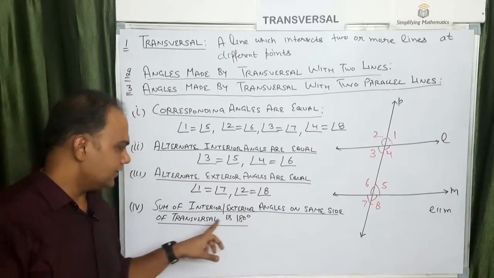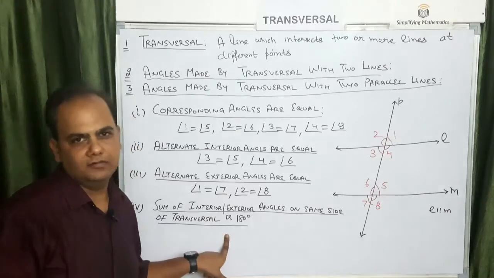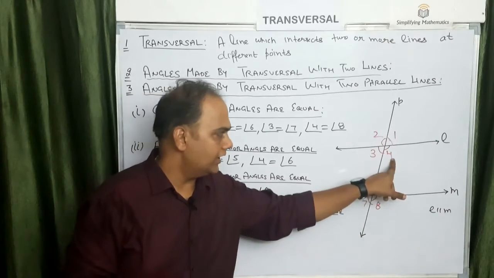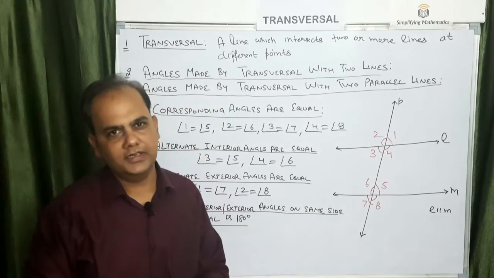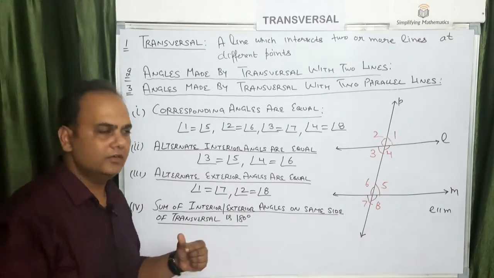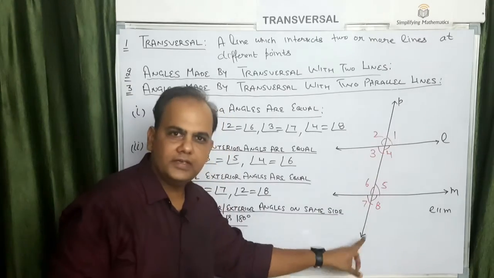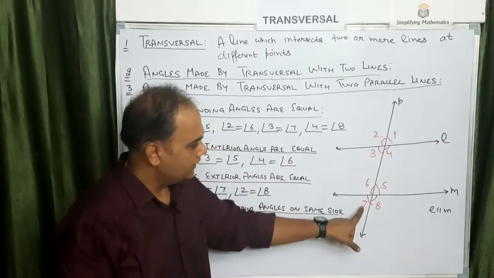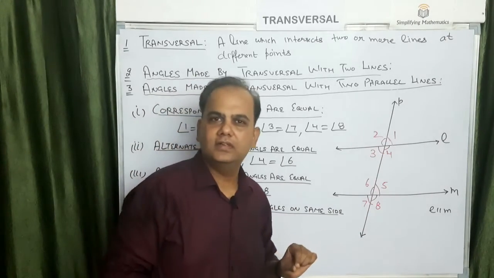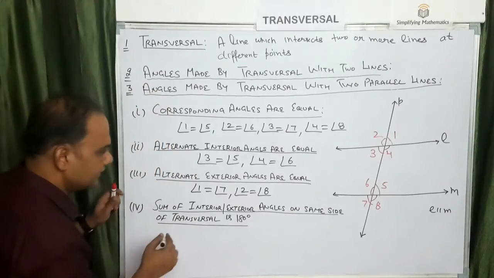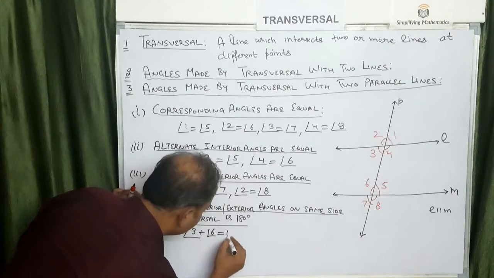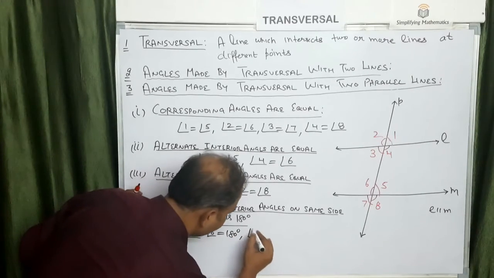So what is the property? कि sum of those interior angles that is 180 degree. So मतलब angle 3 plus angle 6 this should be 180 and angle 4 and angle 5 this should be 180. So same is the case with the exterior angles. Now what are the exterior angles which are on the same side of transversal? Now this is the transversal P. Exterior angles कौन से हैं? तो angle 2 and angle 7, angle 1 and angle 8. So these are having sum of 180 degree. तो कैसे? तो angle 3 plus angle 6 equal to 180 degree.